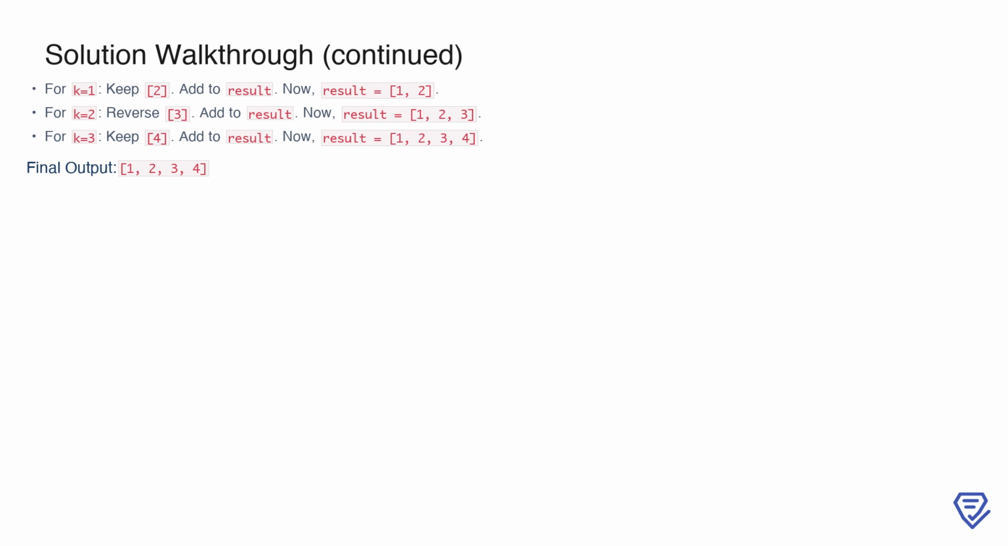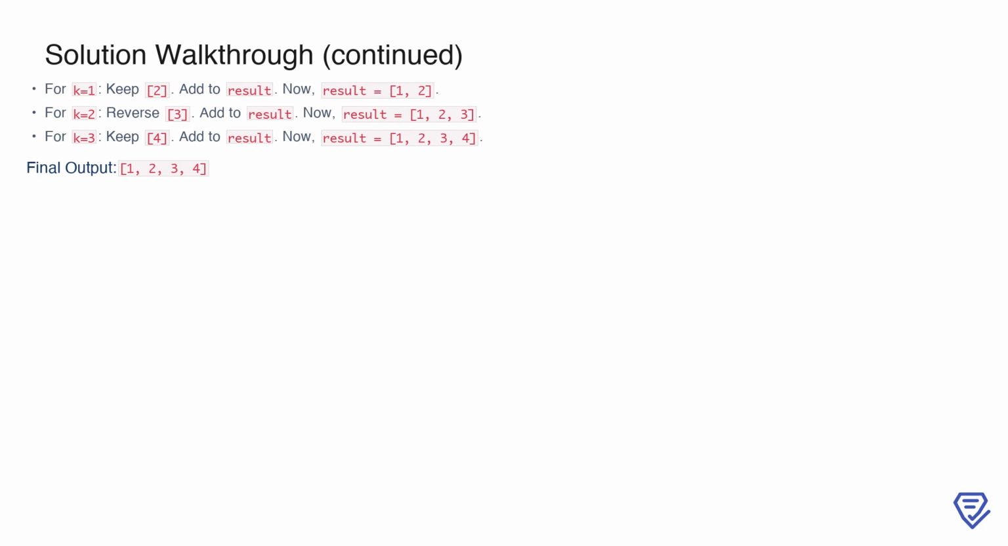For key k equals 2, the diagonal 3 is reversed and appended, updating the result to 1, 2, 3. Finally, for key k equals 3, the diagonal 4 is added as is, resulting in the final output 1, 2, 3, 4. This demonstrates how the algorithm works seamlessly for a single row matrix, adhering to the diagonal traversal logic. With this, we've covered examples for different matrix shapes and sizes, showing how the method adapts to each scenario while